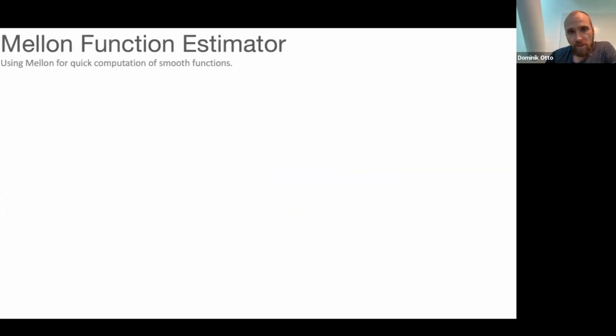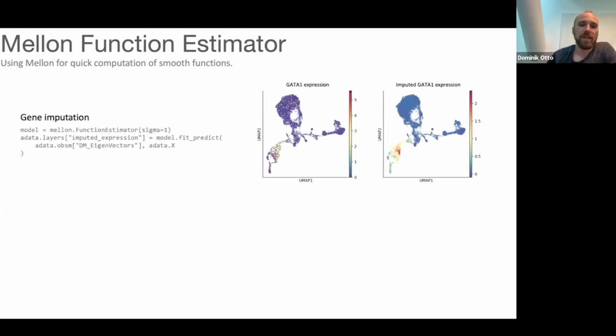And one last thing that I want to highlight here is that because we put so much work into implementing the sparse Gaussian process and making it really effective for biological data to infer these smooth functions, we also give direct access to the function estimator of the Gaussian process to use for other applications. For instance, if you have some X data, like the diffusion map eigenvectors, which we use to compute the density value, and you have some function values for this data, like the gene expression, you can actually get a